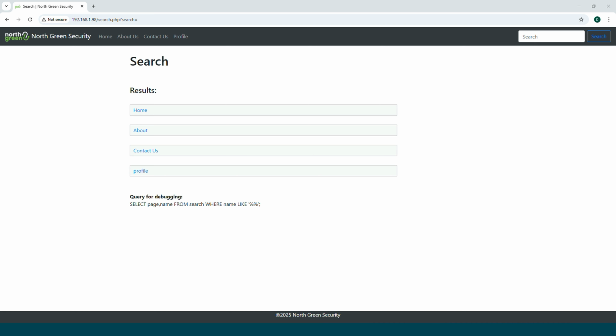Now, SQL injection happens when a website takes user input and includes it into a database query without properly sanitizing it. This allows us as attackers to manipulate the query and try to extract, potentially modify, or even delete data